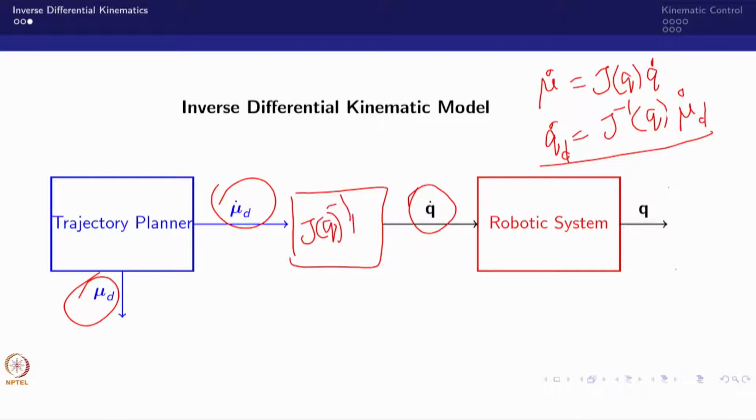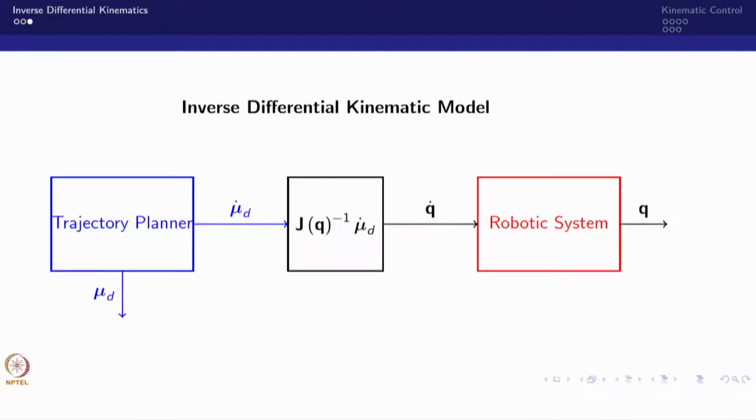Okay. So then you multiply with this, that would be equal to q dot. So that is what we are bringing in. Now there are two ways we can do it. We can use, you can say, inverse kinematics. So then we can actually do it here. This way we can actually do it.